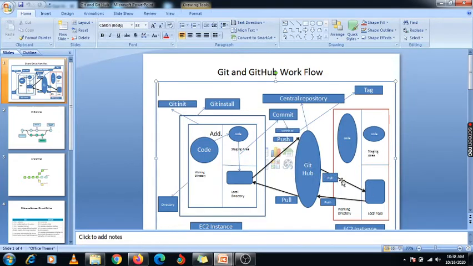When he needs to check whatever code is available on the central repository, first he needs to pull it, right? So here we have push, and here that user, my other user, will pull that code from the central repository. Once this code is pulled, he can do whatever changes he requires on that code, and again push it. So the same process he needs to follow.